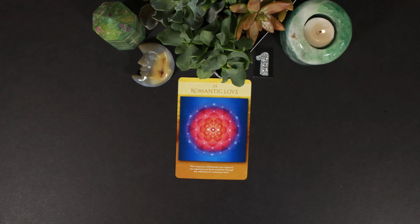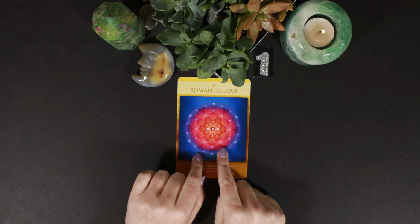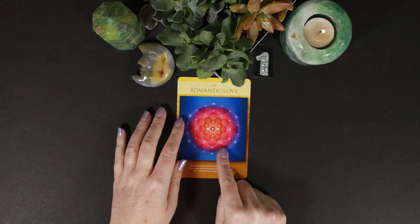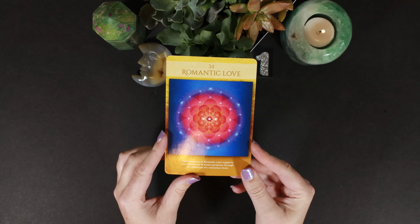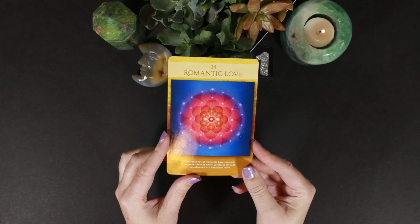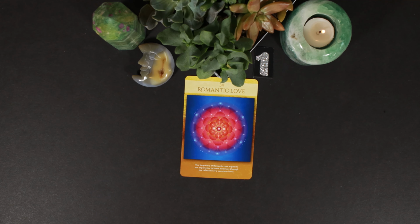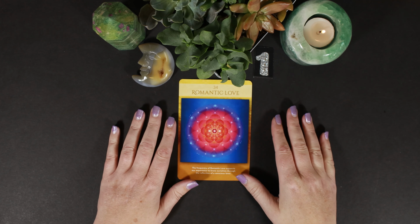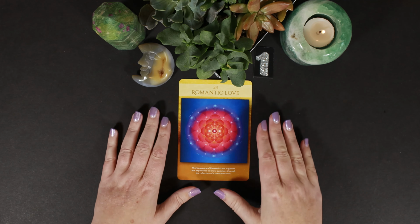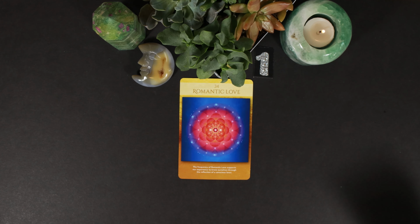You have to love yourself first, and then you can open up. And this lovely deck is the Sacred Geometry Oracle. So this is just this beautiful geometric flower here that opens up and blooms and radiates out. And I'm feeling it really in my heart chakra right now, my heart center. I have my hands over my heart. I just did, just to touch and feel that, because it is about opening up and blossoming and blooming